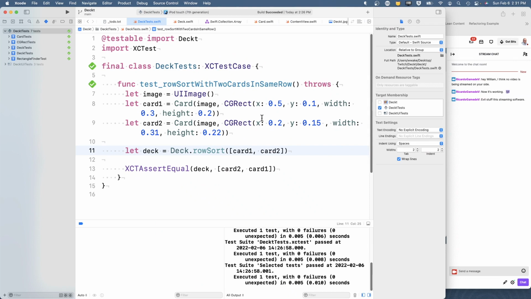I don't know what to do. Maybe row sort can only sort the cards that are in the same row. It's giving me a subset. So